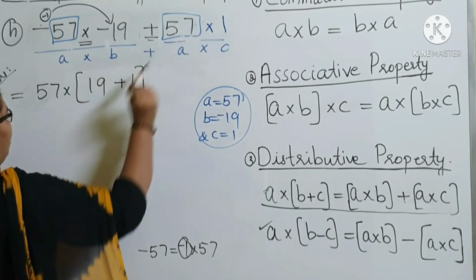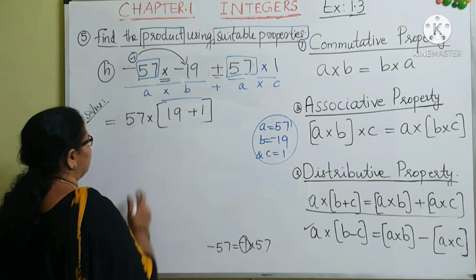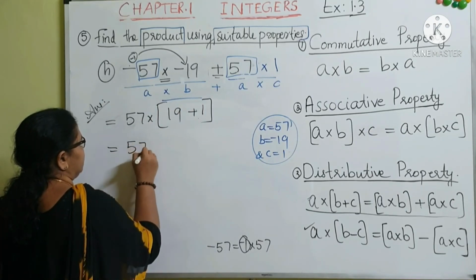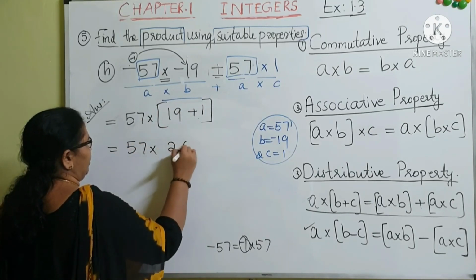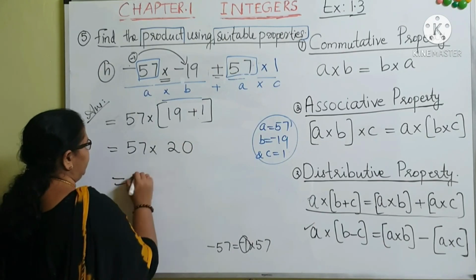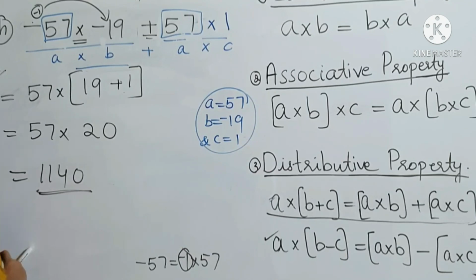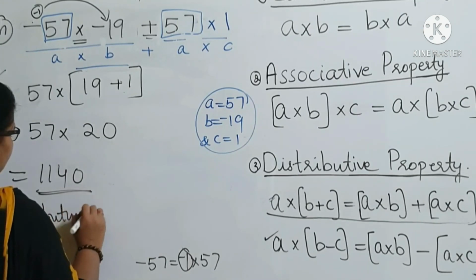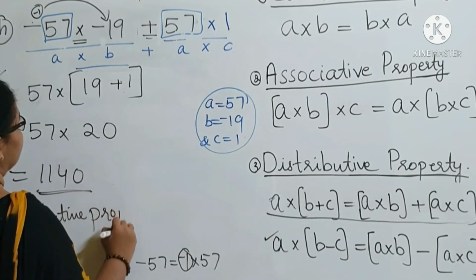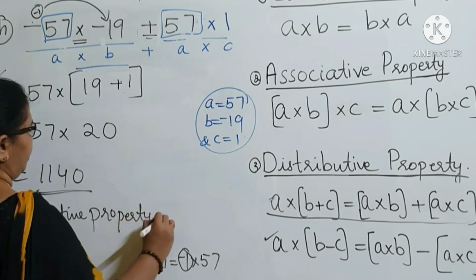This remaining 1. Find this sum first, then multiply. That is 57 into 19 plus 1 is 20. 57 into 2 is 114. Then put this 0. That is 1140. Which property do we use there? Distributive property over